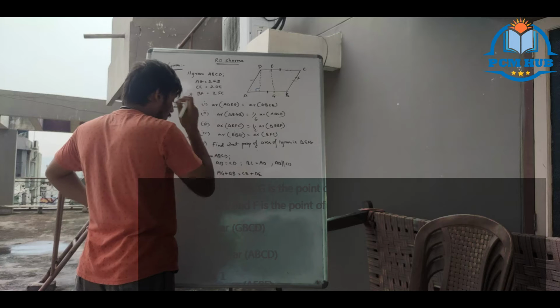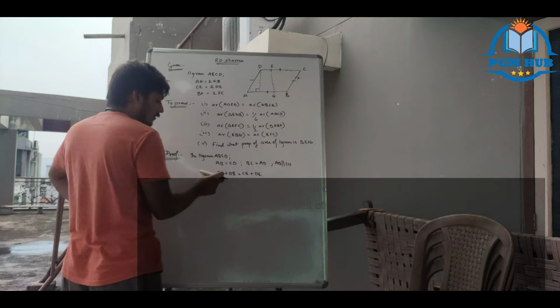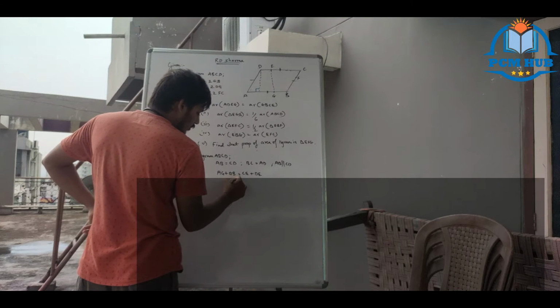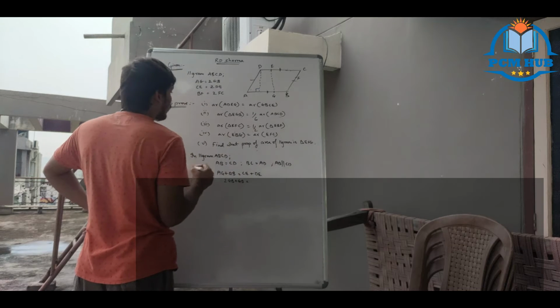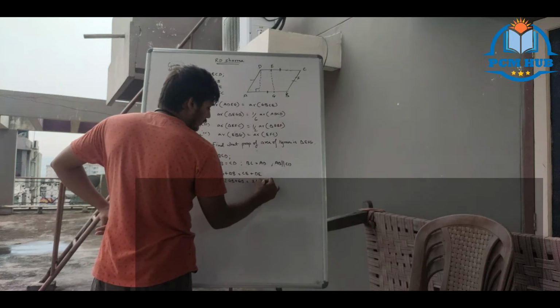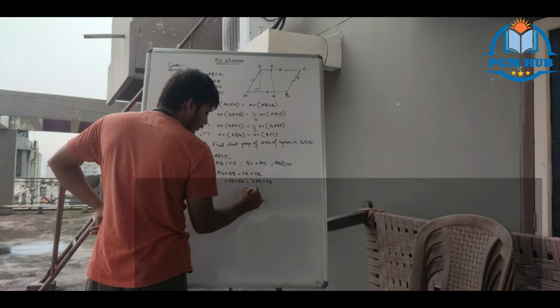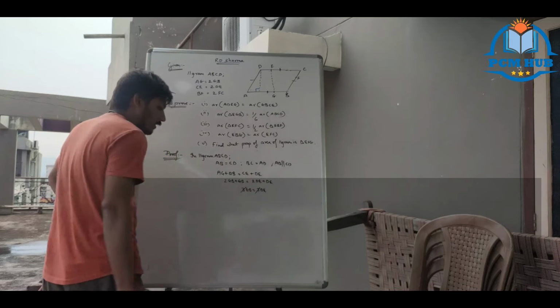Okay, you will write AG, huh? Okay, whatever you want, it's up to you. There is no problem. AG is equal to 2 times GB. So 2 times GB plus GB equals EC. What is EC? 2 times DE. 2 times DE plus DE. Therefore, 3 times GB equals 3 times DE. Therefore, GB equals DE.